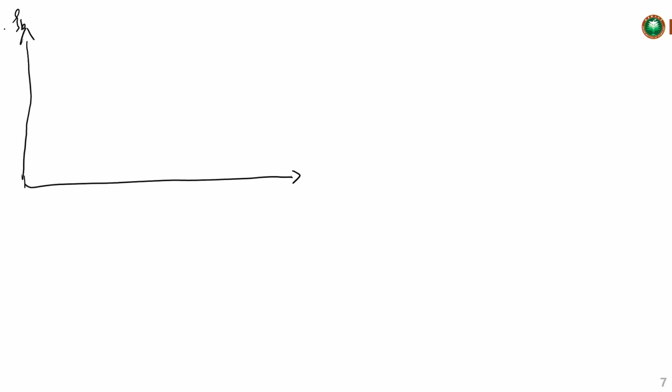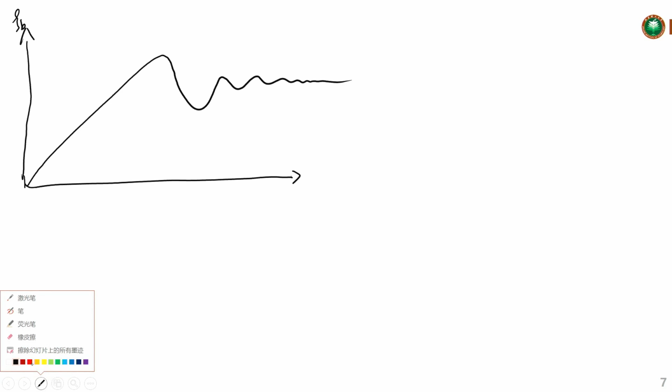So here is the backscattering efficiency, and it looks like this one, right? The expressions, and we usually name this region as the